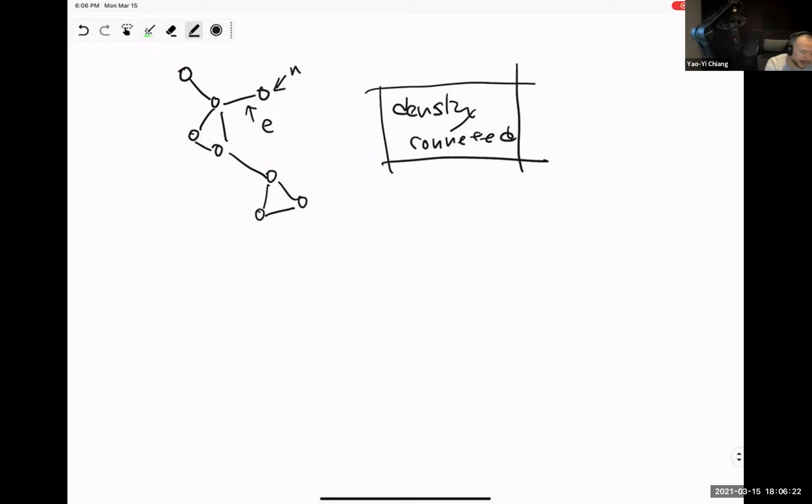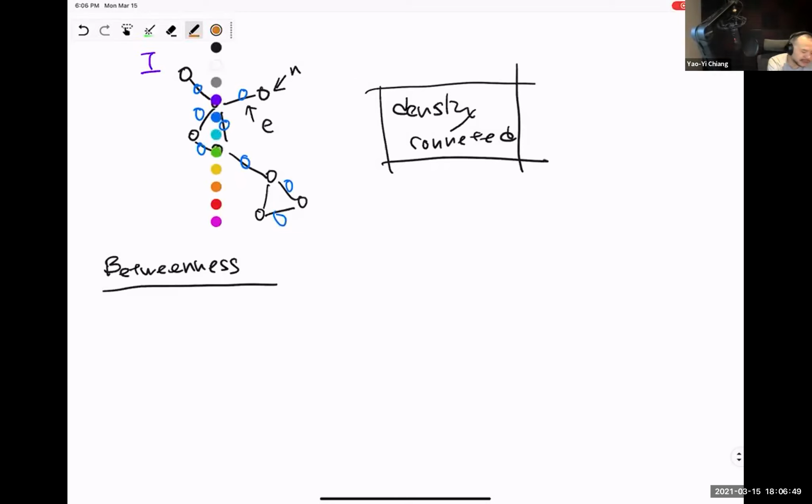So how do we identify this type of pattern? We introduced a concept called betweenness. This is your homework number 4. So betweenness, which means, let me just tell you, the input is this graph, and what would be the output? The output are some numbers on the edge, right? And what does the number represent? The numbers here and here and here and here represent the number of shortest paths that pass